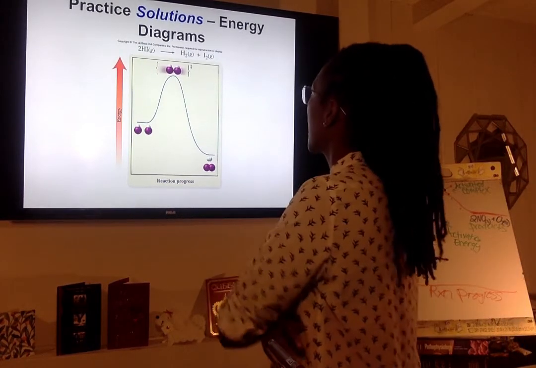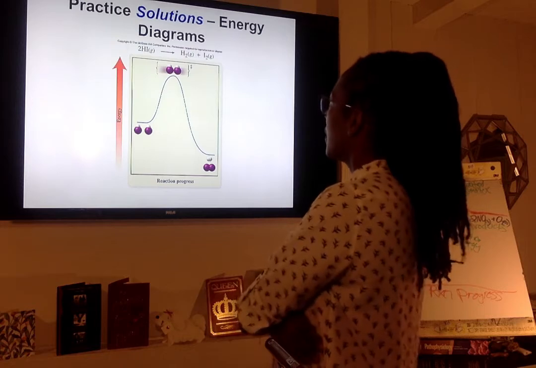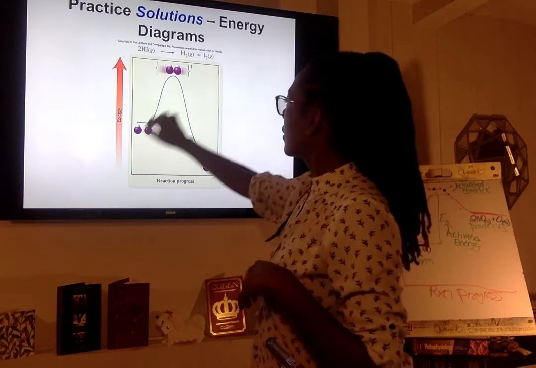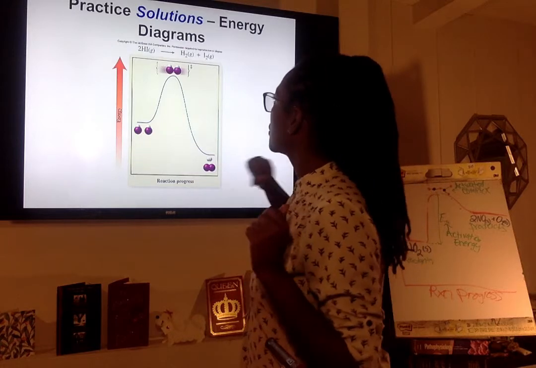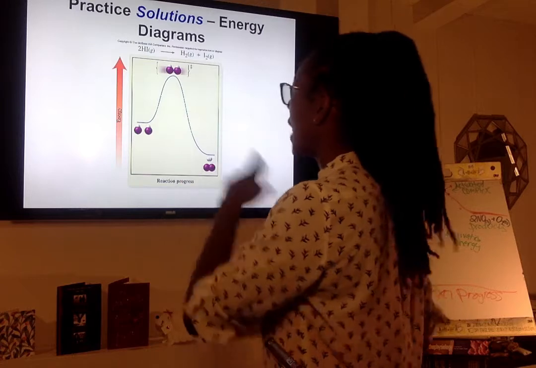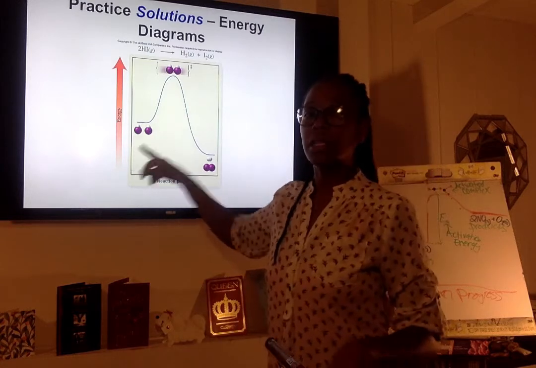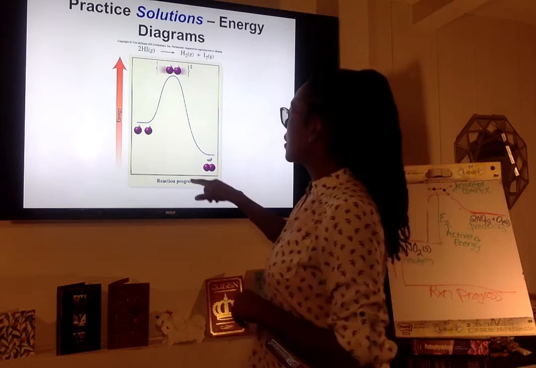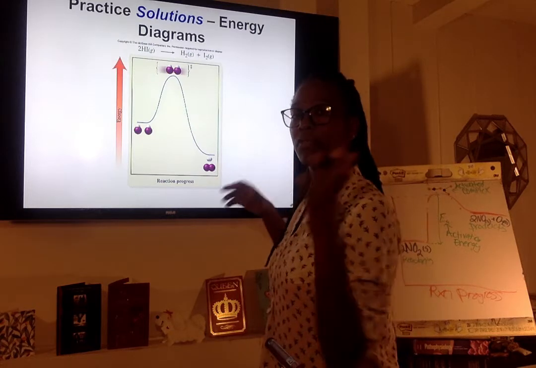Here we're looking at the amount of energy. On this side is where you're going to have the reactants, and on this side you're going to have the products. I know it's a little backwards, but just looking at this chart, you can tell